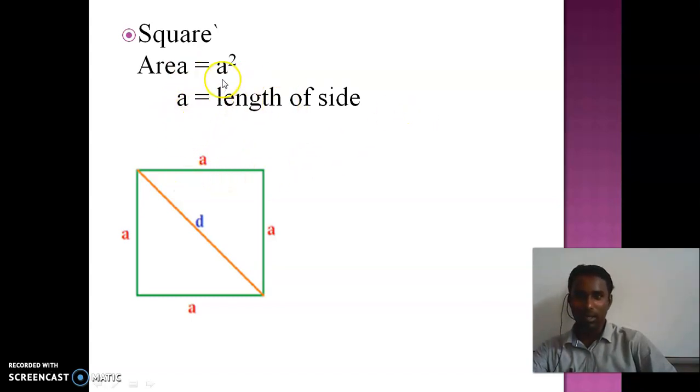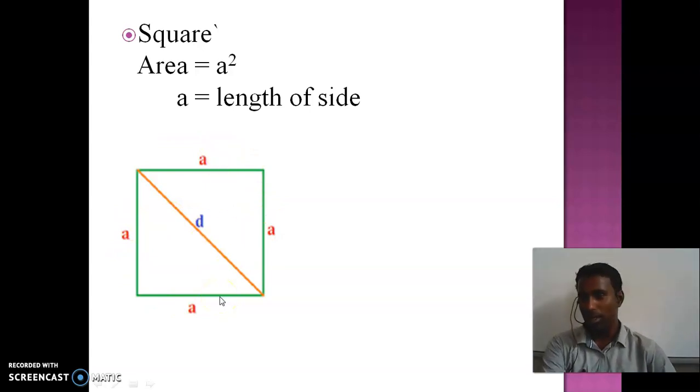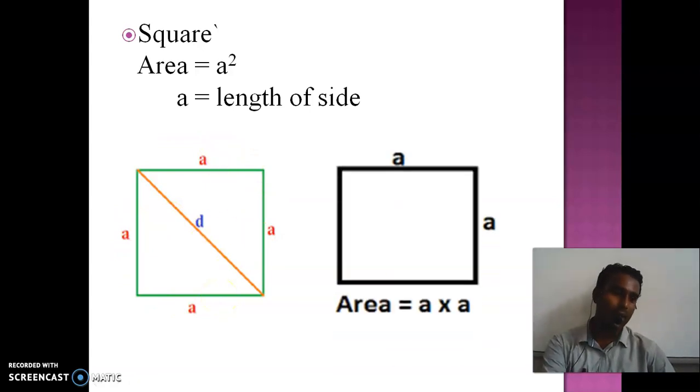Sir, how can they predict a square? See here, if you take a scale and put vertical lines, 1 2 3 4, and horizontally also 1 2 3 4, and count the points, 4 will be there. Same way here, 1 2 3 4. If you count inside, how many small 1 centimeter boxes are there? Totally 16 will come. So they multiply this value and this value. Any two values, if you multiply, you get that area, because the horizontal value and the vertical value give your area. So the area formula is a into a, a square.